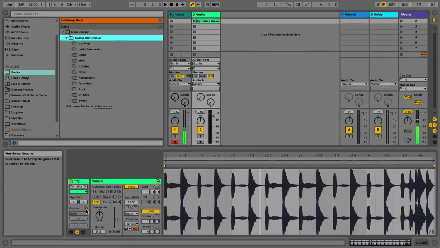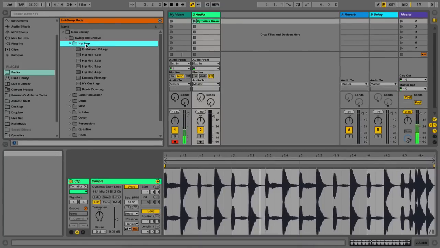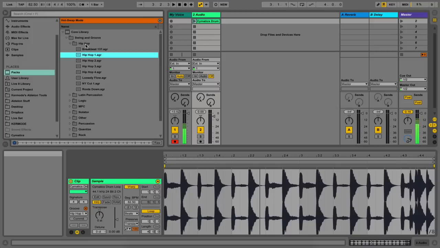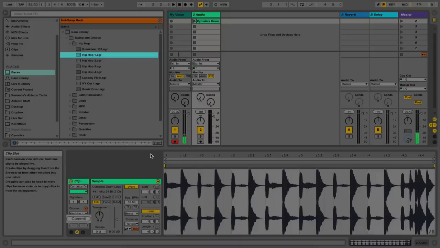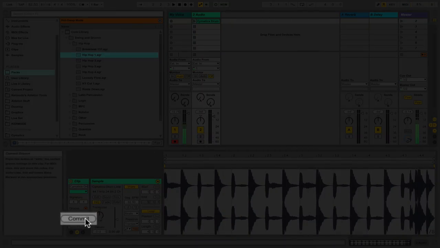This hot swap button will bring you to your library's grooves where you can select one. Going through, you can hear and preview how that swing feels. So if I select this one here, it will be active right now, but it won't be applied, so our audio doesn't look any different at this point. However, when I commit it,